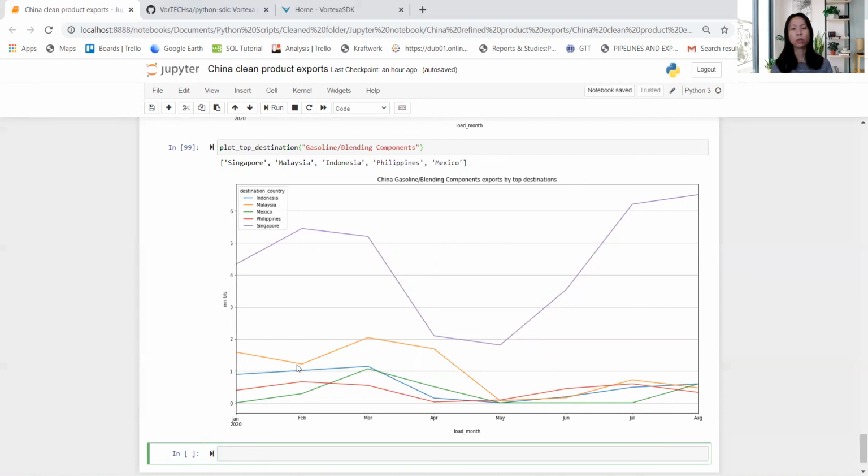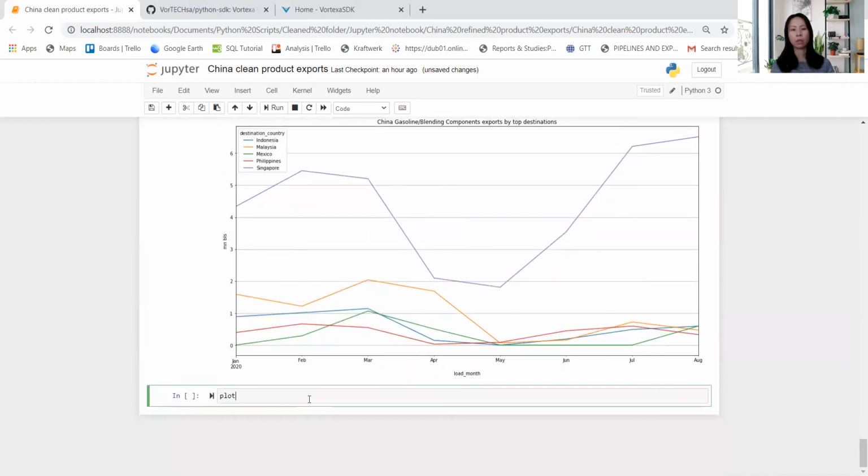So going forward, what this means is that if China continues to export its gasoline, a lot of these surplus barrels will be heading over to Singapore for storage and will further swell the already high gasoline inventories that we're seeing in Singapore. And finally, if we look at the trend for jet,